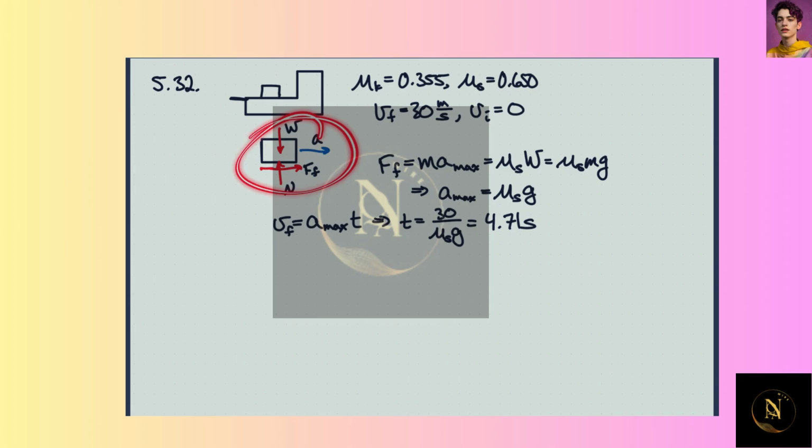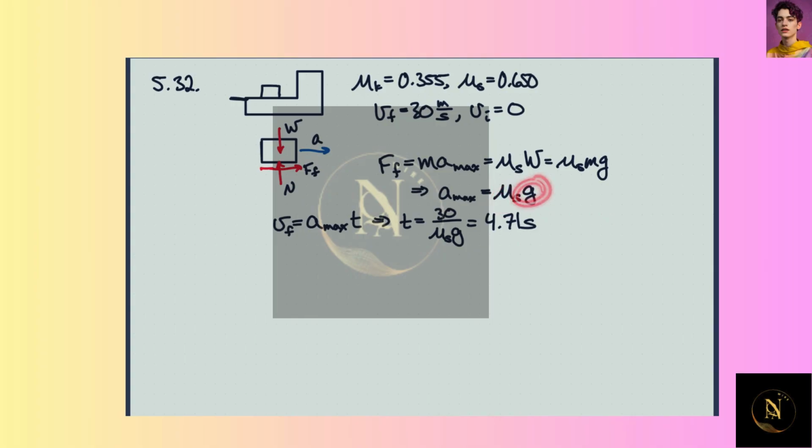So a free body diagram here says that the friction force must equal the mass times the max acceleration. So this would be the maximum friction force. The maximum static friction force would give us the maximum acceleration. Maximum friction force is just the static coefficient of friction times the weight of the toolbox. So again, the mass of the toolbox drops out, and we get that this